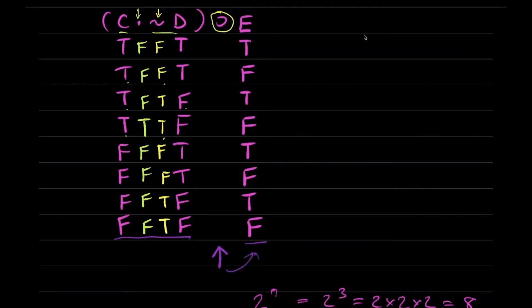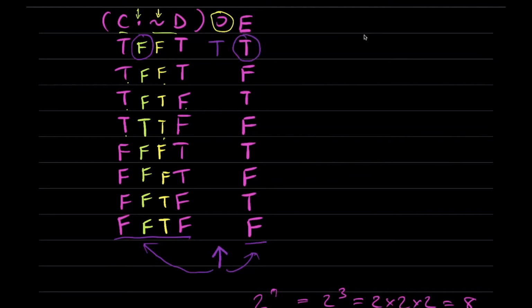So one of the values we're going to care about are those values under E. But inside those parentheses on the left, this dot is the main operator. So that's the value that's being connected with E by means of that horseshoe. So those are the two columns we're going to look at to determine the values of the horseshoe, which is the main operator of the statement. Now I'm going to be really heavy-handed here and circle things as I go so you can follow exactly what I'm doing. In the first row, this dot is false, but E is true,